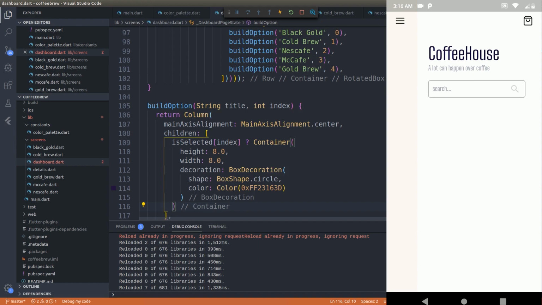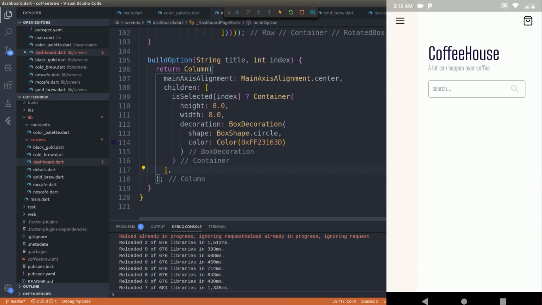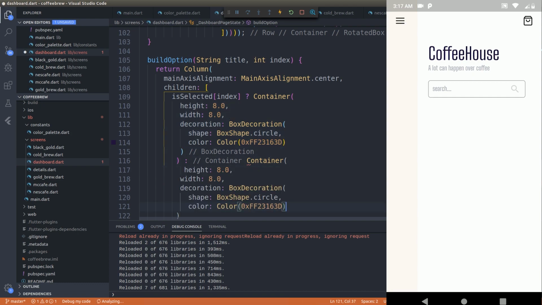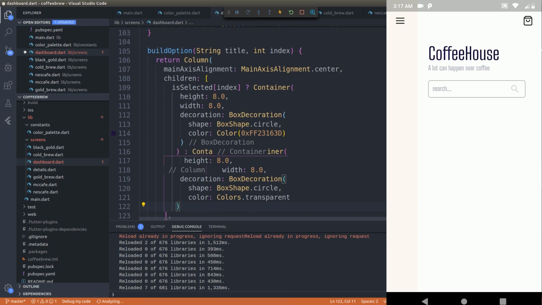the selected option. That's why I added that. The next thing we need to do is, if it is false, then I'll just do a container. This will again have the same thing, the only difference would be the color would be transparent. Otherwise, if we just include a blank thing here, the alignments would mismatch. Fine. And then the only difference here would be colors dot transparent, and